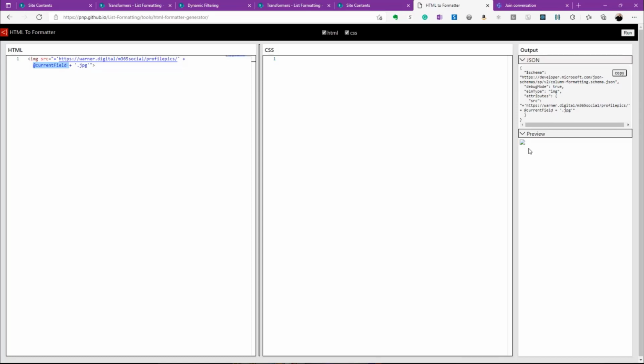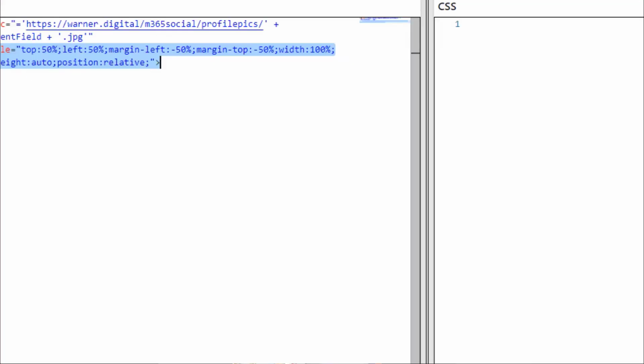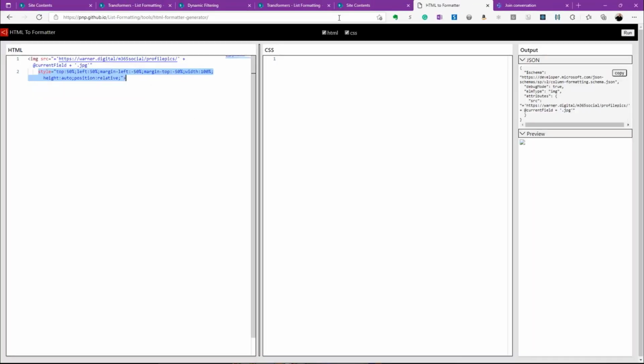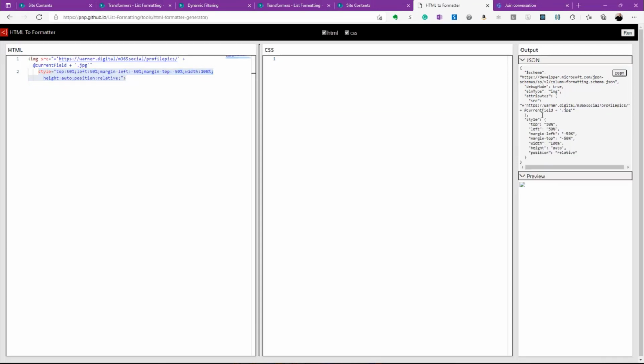Of course, it makes it hard to actually see the styles that you're using, right? So if you were to write something in there, for example, let me take this and paste it in. What I've done is added a bunch of inline styling here that does all the work we need it to do, right? But if I hit run, while it did update my schema appropriately, and you see that it translated all those inline styles into the format it needs to be in the JSON, I still can't accurately see that it's working. But if I come in and replace the SRC field here with a direct hard-coded value,